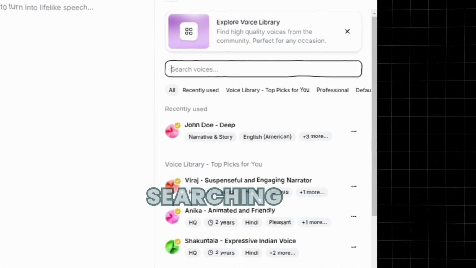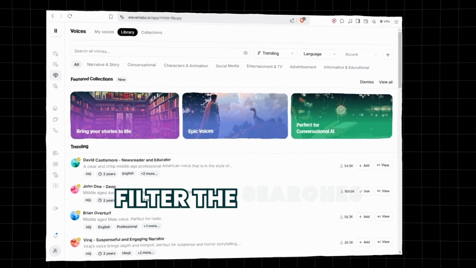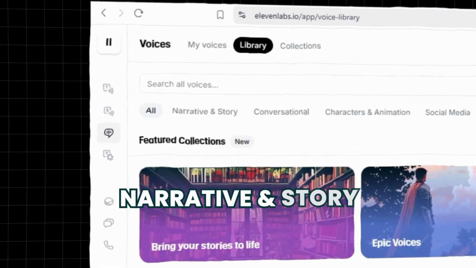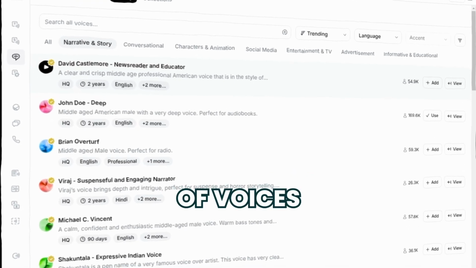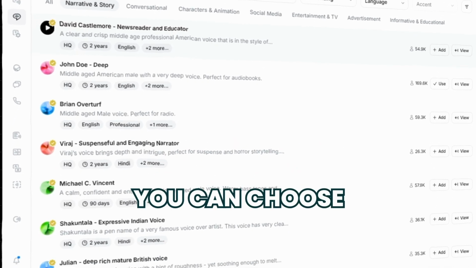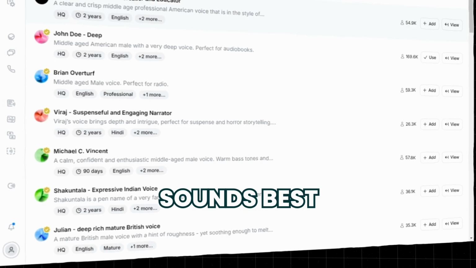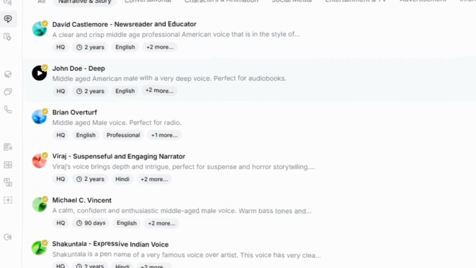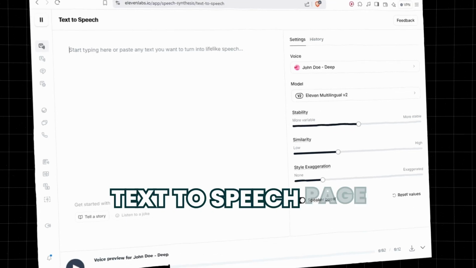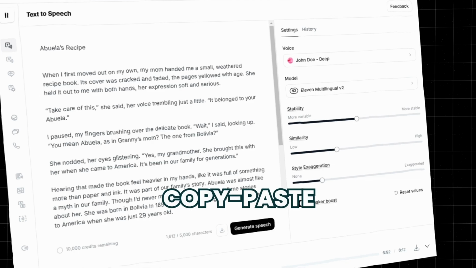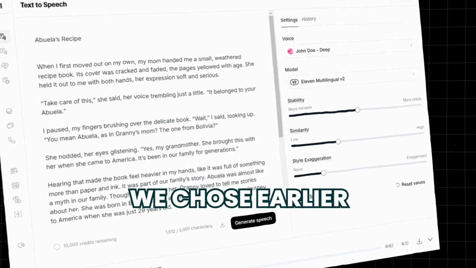We'll find that by searching the voices library. Filter the searches by clicking Narrative and Story. As you can see, there are a lot of voices you can choose from. You can choose whichever you think sounds best, but for this example, we are going to choose the John Doe, deep one. Now let's navigate back to text-to-speech page and simply copy-paste the title and story we chose earlier and